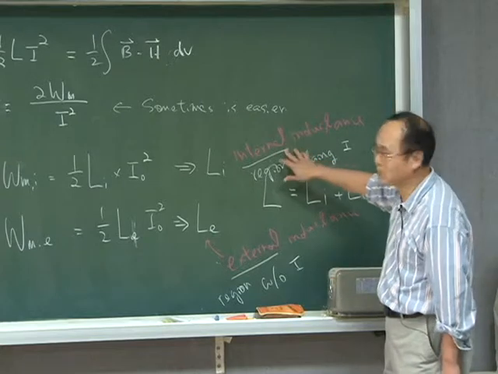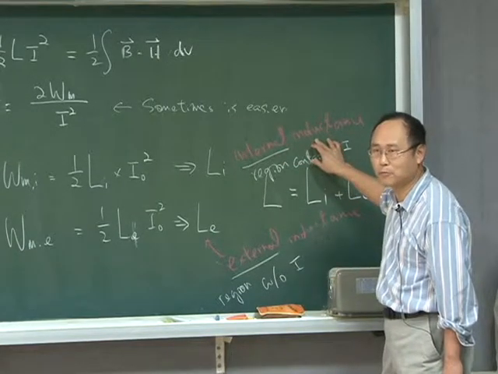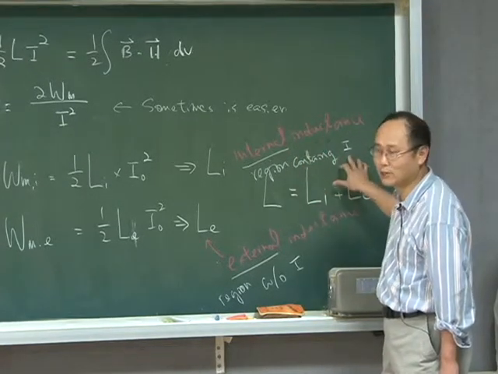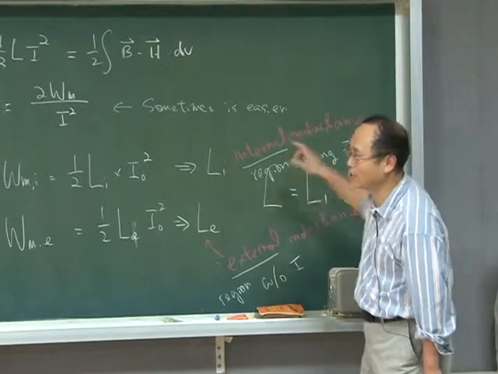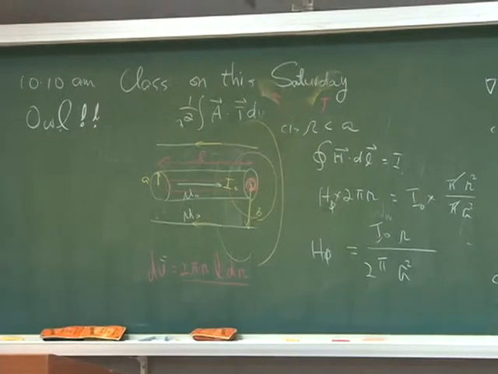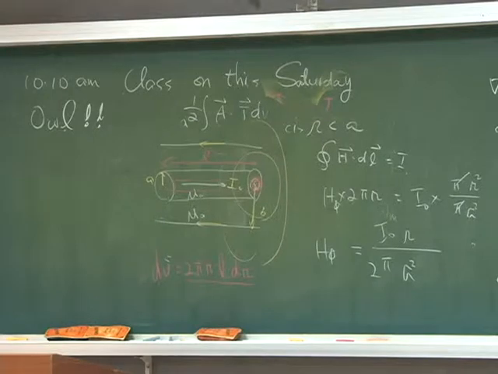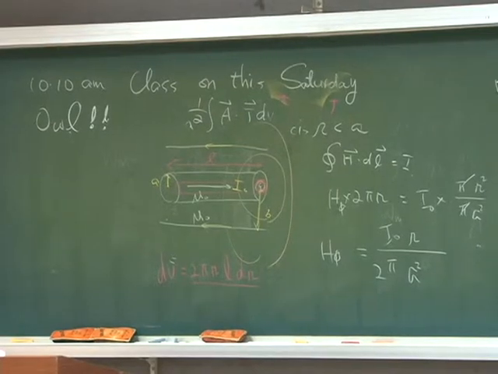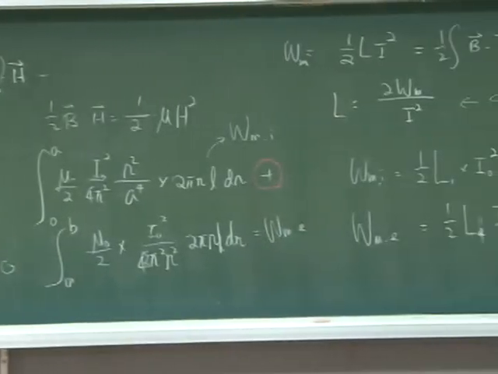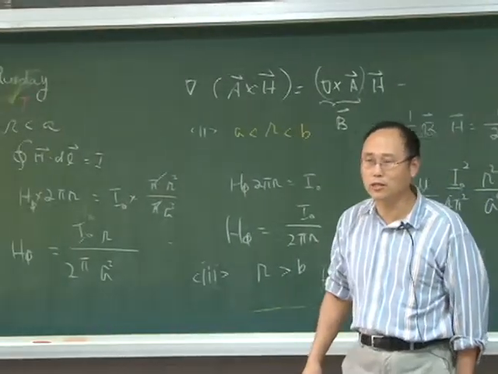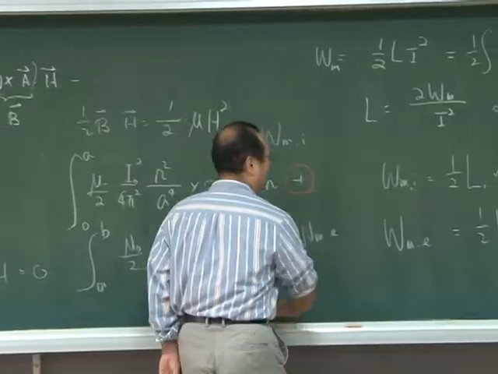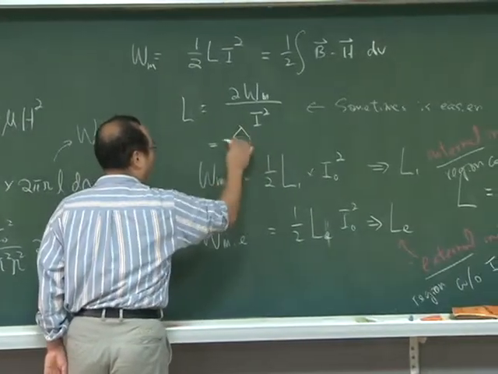所以下回你如果看到这个名称 internal inductance, this means that you are calculating the inductance in the region where you have current, because the current is running inside the wire. And next time when you read external inductance, this means that you are reading the inductance associated with the region without any current. OK，那这个从能量的观点上头来算的话，这个题目变得很简单。